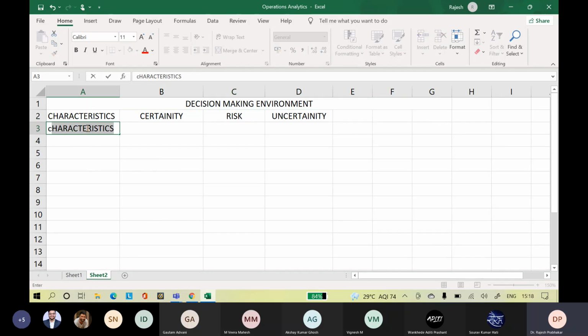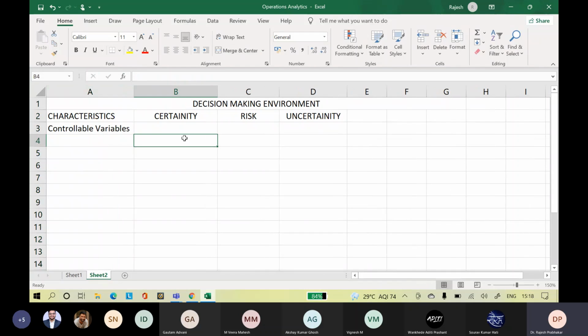In the context of controllable variables, also called control variables, can anybody tell me what these control variables are? The variables which impact the decision-making process.